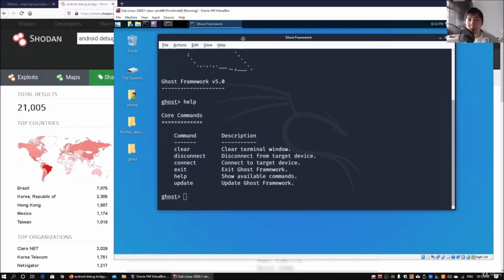Over here, we've got the Ghost framework. What we've got to do is connect, followed by the IP address of the Android device. In my case, I actually have my own Android device running. So here is my own Android device, and we are going to connect to it directly. Again, if you manage to find all these Android devices on the internet, this is one of those methods you can use as your delivery mechanism. So go ahead and enter connect followed by the IP address. I have the IP address of my Android device as